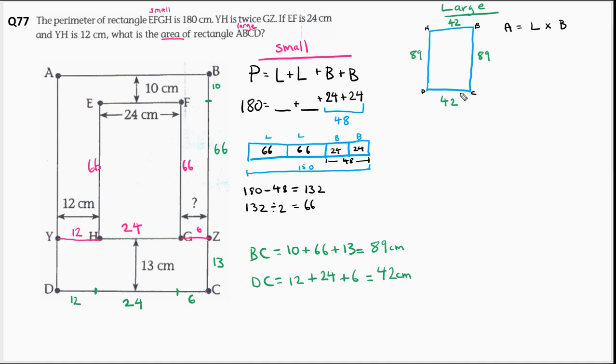Right, where am I? Let's go back to our question. I'm asked, what is the area of rectangle ABCD? Well, the area is the length times breadth, and that's going to give me the area. So what is the length? Well, the length is 89. The breadth is 42. And if I multiply 42 by 89 or 89 by 42, I get a grand total of